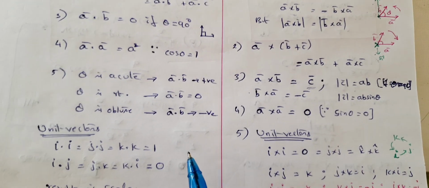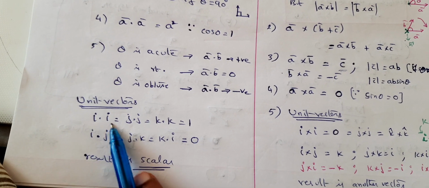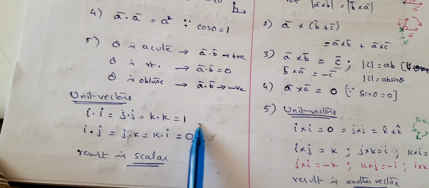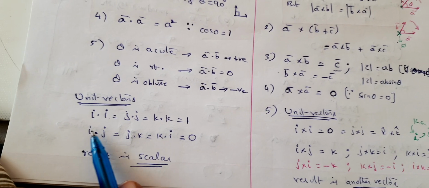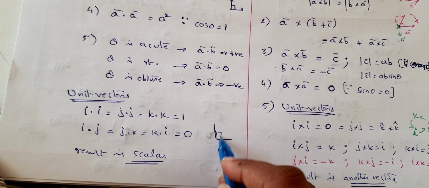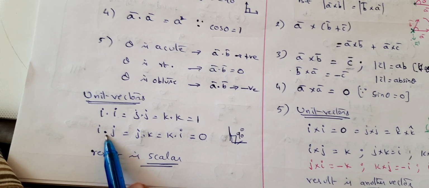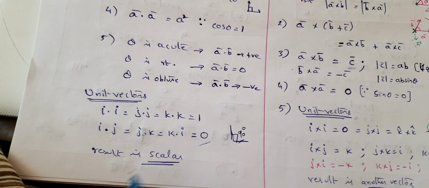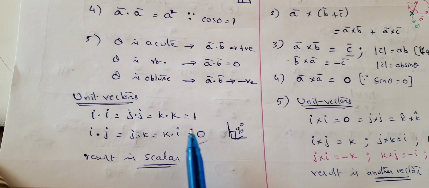Now applying those to the unit vectors. I dot I: I and I are along the same direction, theta is 0, cos 0 is 1, so you will get the maximum value. I dot I, j dot j, k dot k, you are getting 1. Now I dot j, we already discussed, I is along x axis, j is along y axis, angle is 90 degrees, that means mutually perpendicular. Cos 90 is 0, thus this is 0. We are not writing j dot I, because this is a scalar quantity, it is also yielding 0. Also, of course, dot product obeys commutativity, so no issue.